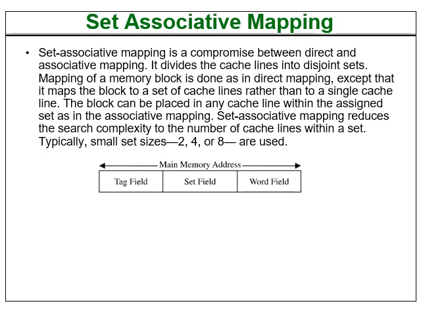Now we have a third type of mapping which tries to take the benefit of both the earlier discussed types. That is the set associative mapping. It is a compromise between the direct mapping and the fully associative mapping. Direct mapping was least flexible but easiest to implement. Fully associative was most flexible but also most complex to design, and also slowest in searches. Now the set associative mapping is somewhere in between.